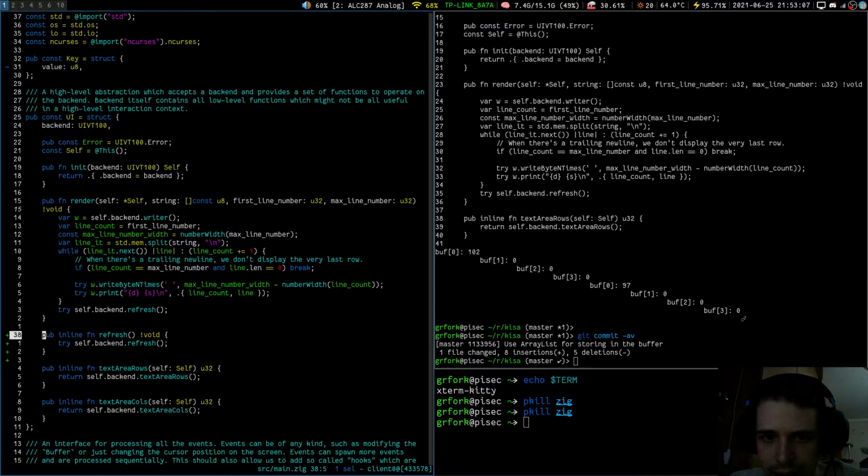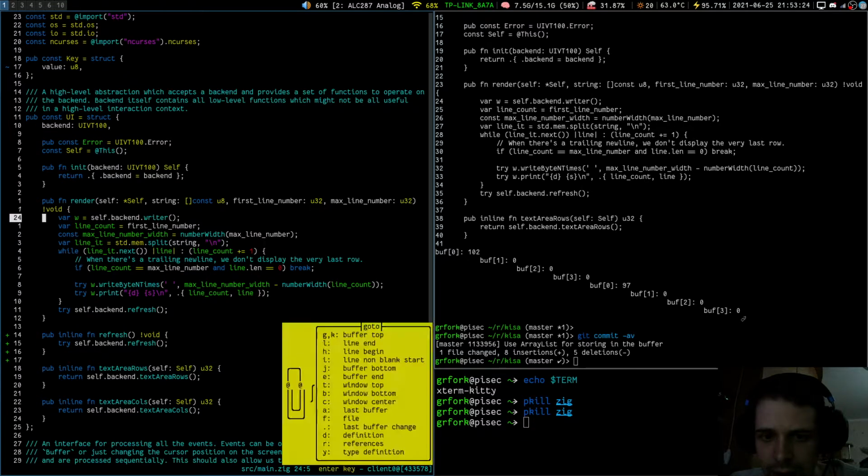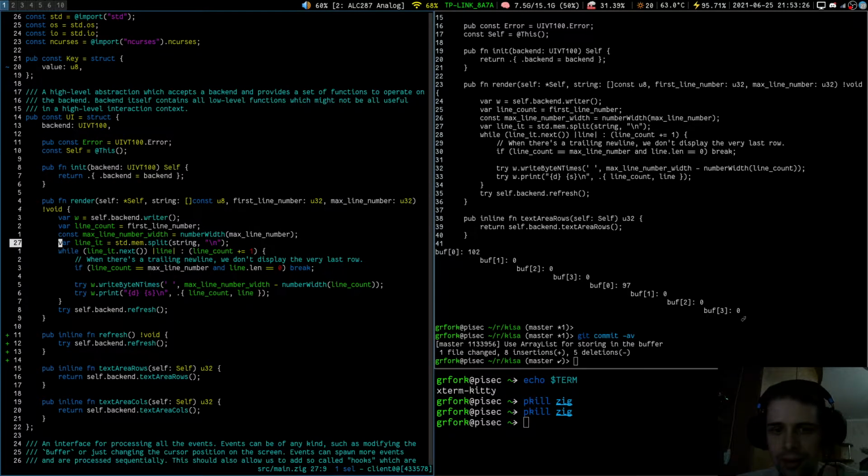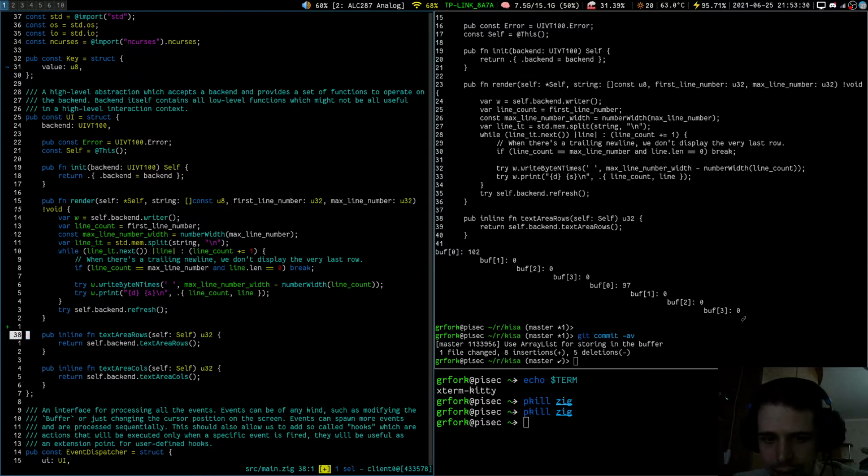It's not really a thing we should do. We should also re-render everything here. Refresh just flushes everything we have written to the buffer, so it doesn't really make a lot of sense to expose it here. Yeah, we should probably call render instead,